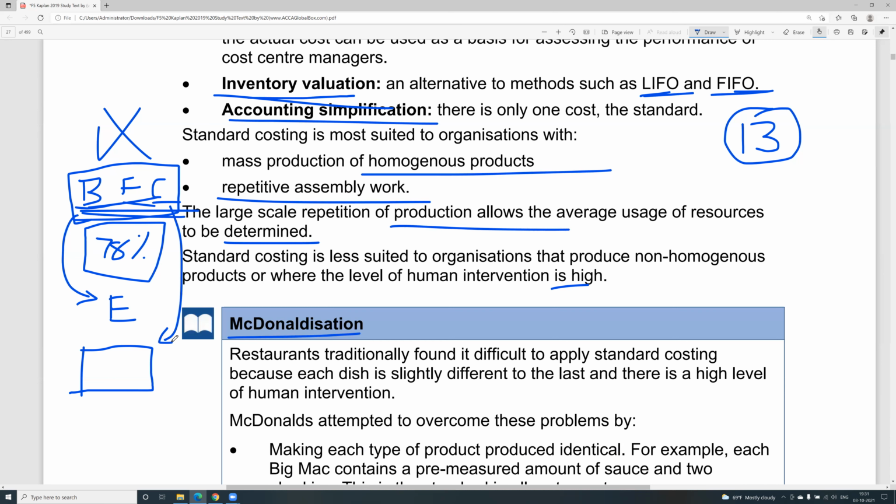Once they made it, they had a standard set: each hamburger will have 2 pickles, this much pinch of onion, this much pinch of sauce, and then our hamburger is done, and it is available to people hot and at a faster pace. And they cut down all their overhead costs. They did not have any dining space to sit and eat, all that stuff. They just removed it at that time.